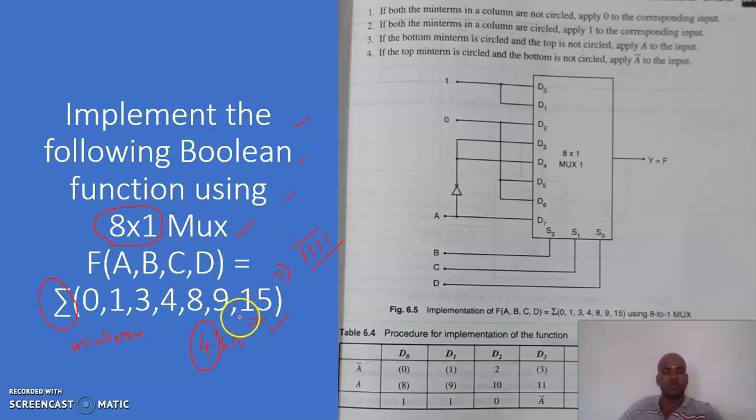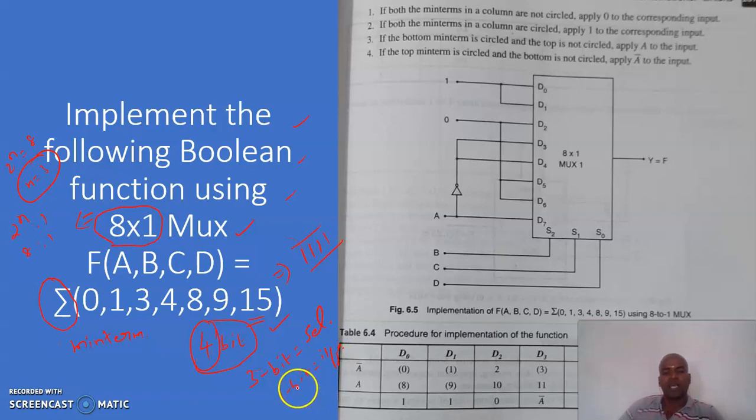So what we are going to do is a merging operation. In an 8x1 mux, how many selection lines are needed? As per the formula, 2 power n is to 1, so 8 is to 1. So 2 power n is equal to 8, so n is equal to 3. So 3 selection lines are needed for this 8x1 multiplexer, but here 4-bit representations are given. So in these 4 bits, 3 bits are going to act as selection lines, and the remaining 1 bit is going to act as input.